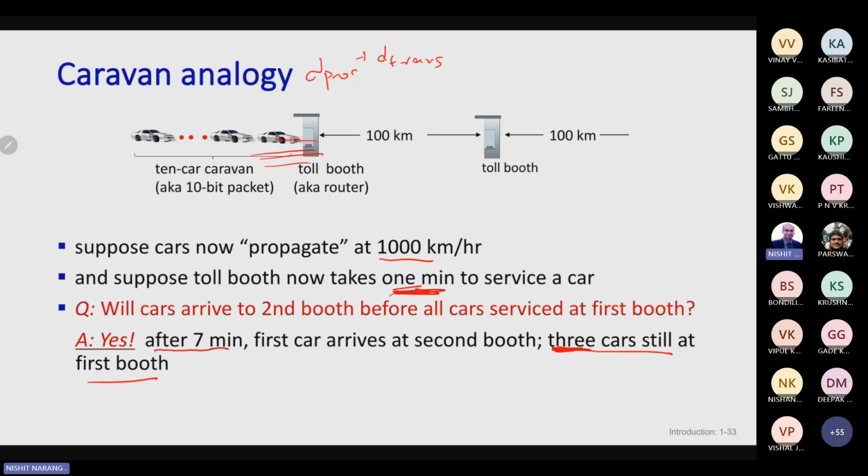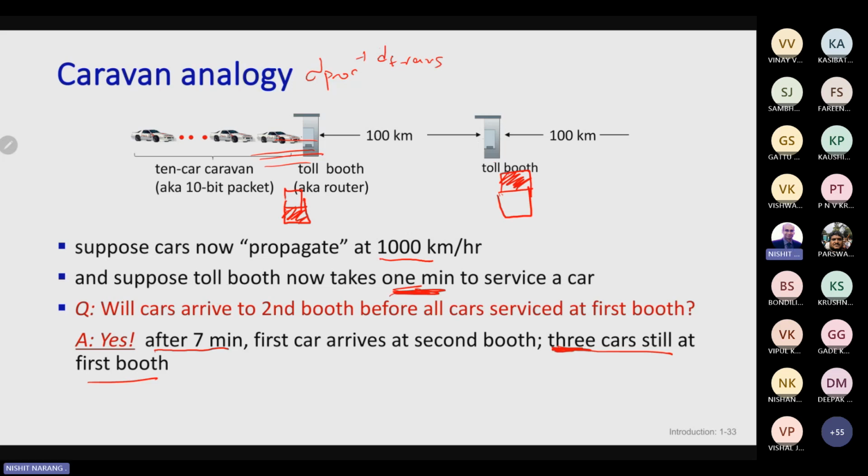Remember that slide where I showed a packet was half empty here and half full at the next switch. So this was a packet which was being transmitted, and I was showing it's half empty, half full. And here it's already been half received, but the rest of the half has to be received. That is where I explained the store and forward concept. So the store and forward concept can occur